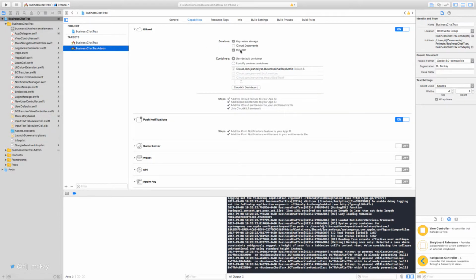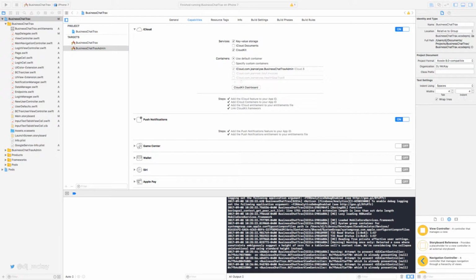You want to turn on CloudKit, which will open up this container option. It will automatically create a container based on the current project you are in, or you can actually use another container that you have in your CloudKit. Once that is set, you can click on your CloudKit dashboard, which will open up in Safari the dashboard. So I will click back over and we'll take a look at